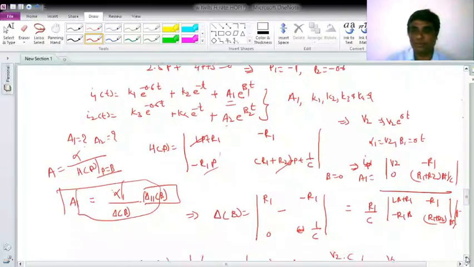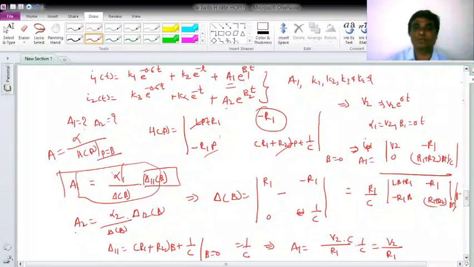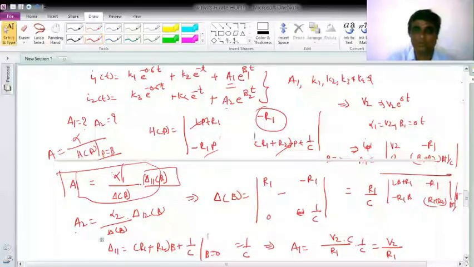And for the second also, if I would like to compute, if there had been a second forcing function also, A2 would have some alpha 2, the same delta beta will be there, but here the cofactor will be this delta, the first row with the second, right? So this will be the cofactor which I have to obtain, and I can evaluate it at beta. So this way you can solve the dynamic circuits.